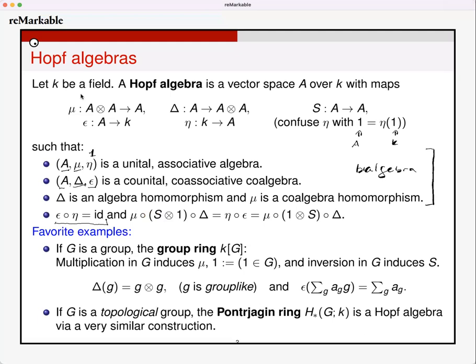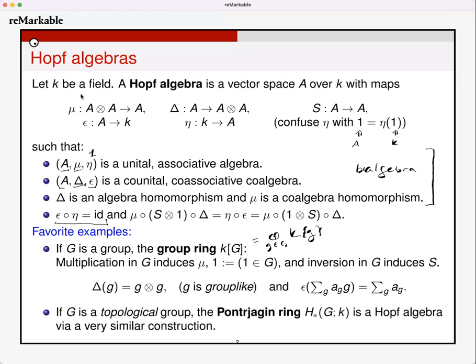Right, and even more, I urge you to focus less on the definitions and more on the examples. So our favorite examples, I've got three, and there's two here, and then the third will come along in a moment. The first is the group ring of groups. So I take the vector space, the direct sum over elements of G of a line through G,